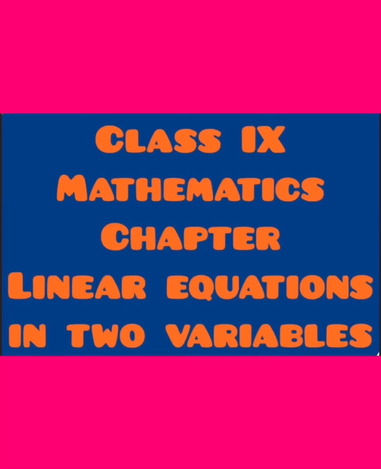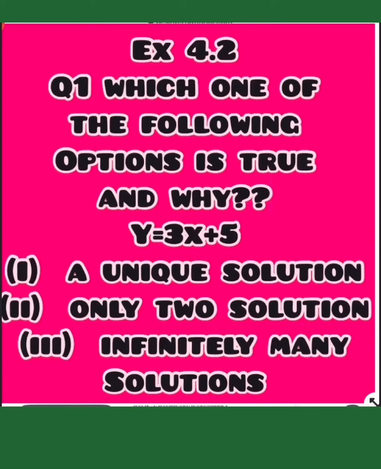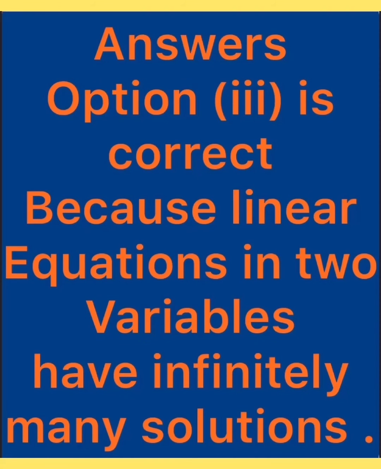Hello children, today we shall start exercise 4.2, question number 1 of linear equations in two variables. The question is: which one of the following options is true and why? y is equal to 3x plus 5 has: first part, a unique solution; second part, only two solutions; third part, infinitely many solutions. So children, the answer is option third, which is correct because linear equations in two variables have